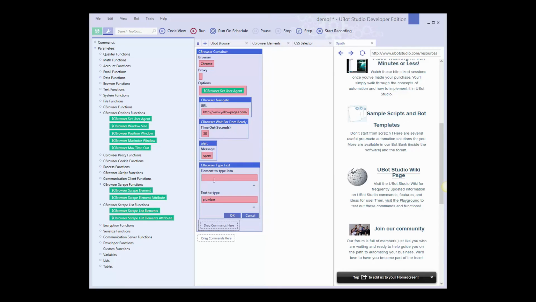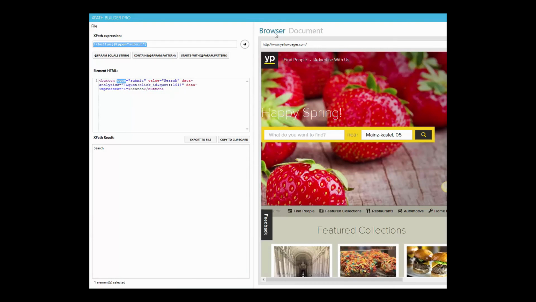So to choose XPath, I have to type X: here, and now I have to write my XPath expression. I'm a bit lazy, so I created a nice little tool to do that: XPath Builder Pro. You might have heard about that already, or you might see it in the forum very soon when we launch it. But this simplifies the whole thing. You can create the XPath expression manually on your own, of course, but you can do it with that